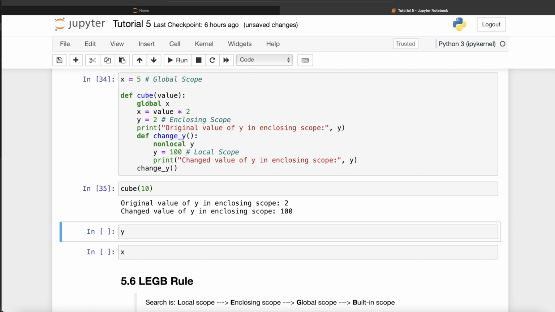Why is this possible? Because of this global x, right? Then y, so remember x is 20, y is 2, right? I am printing the original value of y, and that original value of y in the enclosing scope is 2. Then the cursor goes, okay, now we have another function and I am giving the permission to change the enclosing scope variable y, and I am assigning a new value,